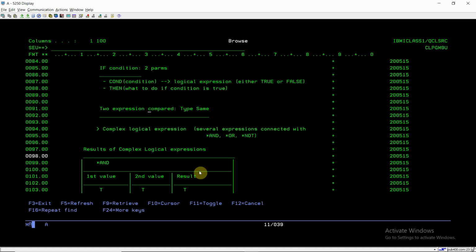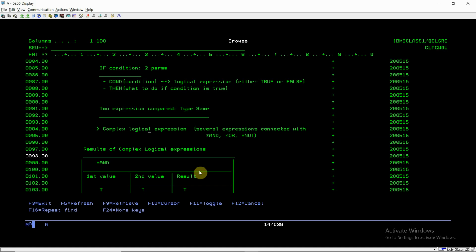For example, if A is of type character, then in A equals 2, the 2 must be a character. Or if A is a decimal, then the 2 must be a decimal. These two things must be of the same type in an expression so that they can be compared.